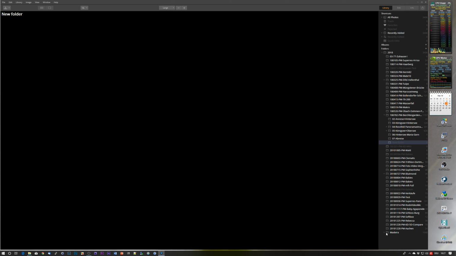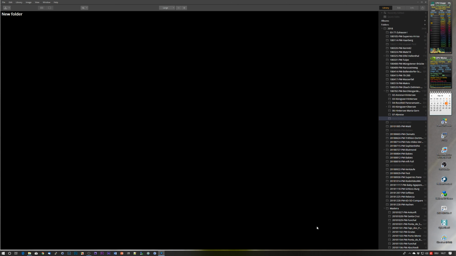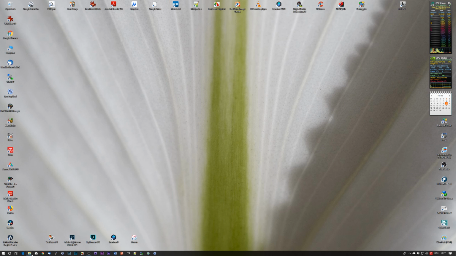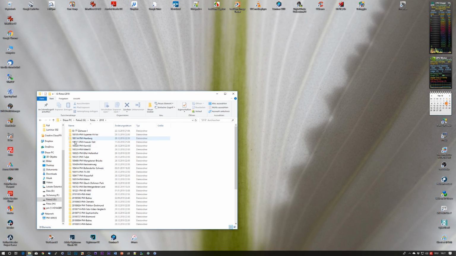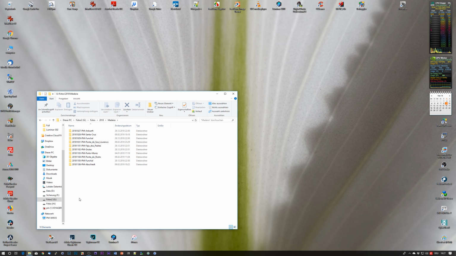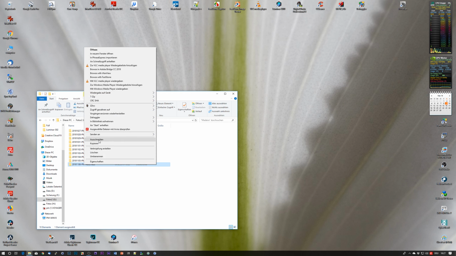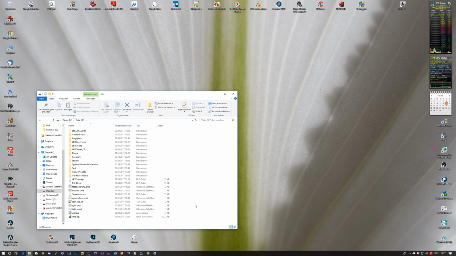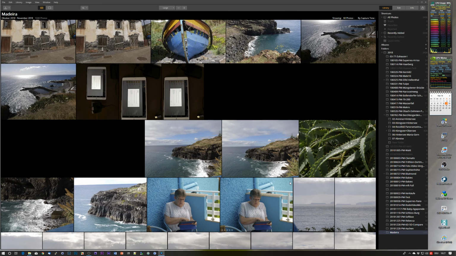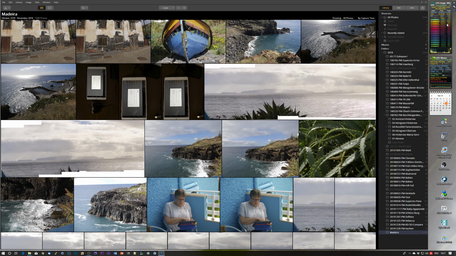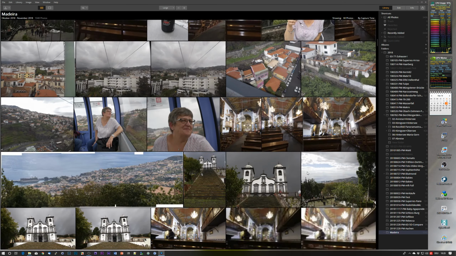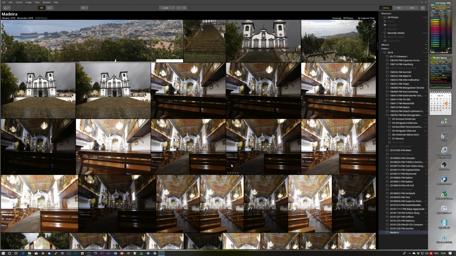What they also did is warn you about offline folders or images. If we take, for example, those subfolders here, I'll make it pretty brutal. We close Luminar, go into the file system, go to the folder where I want to show you the effect, and just copy it to another drive. Now we start Luminar again. You can see that to display the thumbnails, the CPU usage gets very high. It seems like they don't read in the images up front, but read them in when they need them, at least to me, and that is